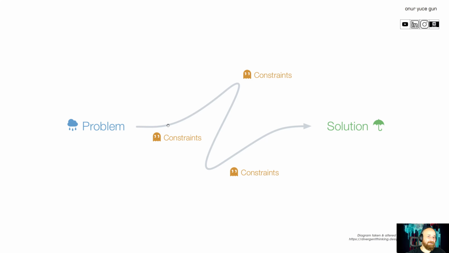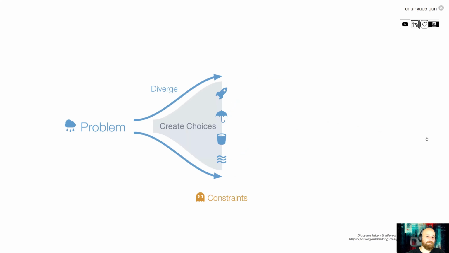But okay, this is one way to understand the design problem or the design process flow. Nicely, he's using these diagrams, starting with the problem and then saying, okay, diverge, we create choices, we create options. Is this similar? Yes, exactly. This is like Midjourney, right? And then as you create,